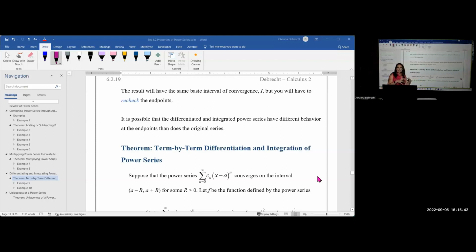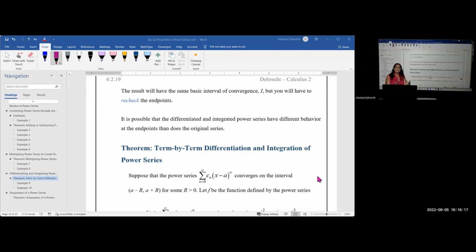The basic interval of convergence doesn't change, but what happens at the endpoints may change. This is something new that we have not seen before. Before, nothing changed the interval of convergence except the substitution of a new expression dependent on x in place of x. Now what we're hearing is that while differentiating and integrating doesn't change the basic interval of convergence, it could